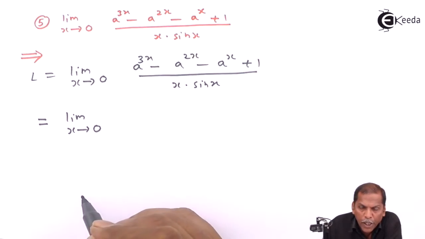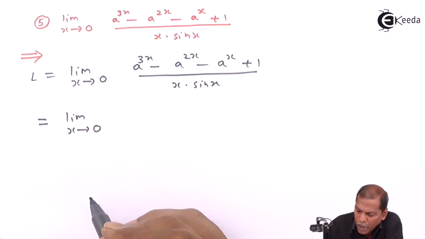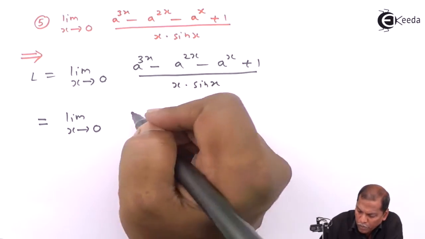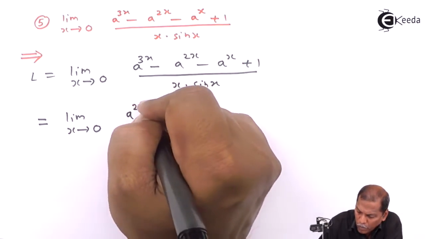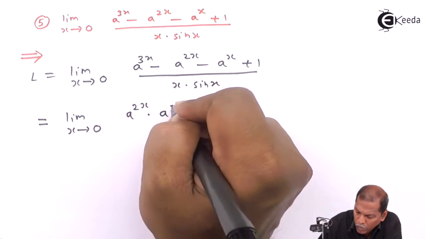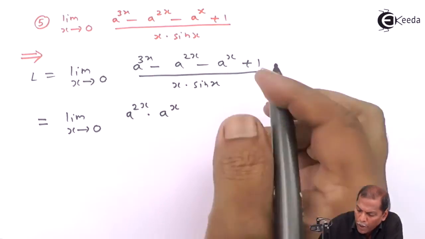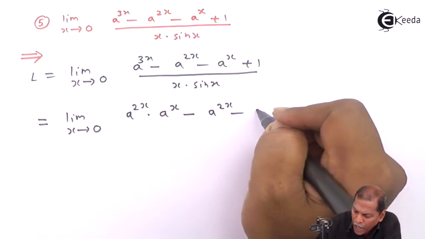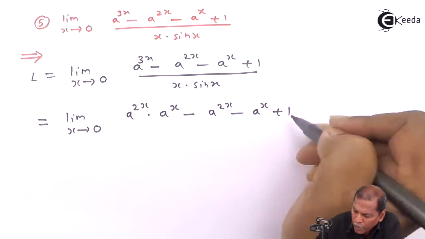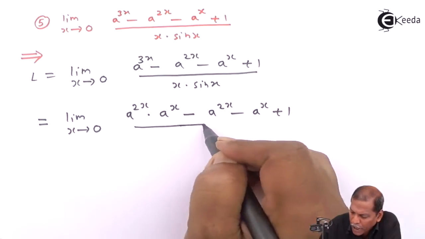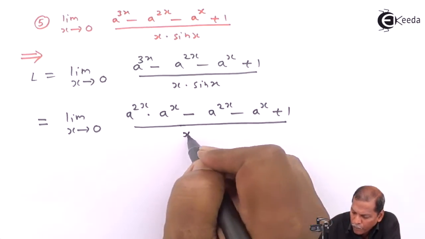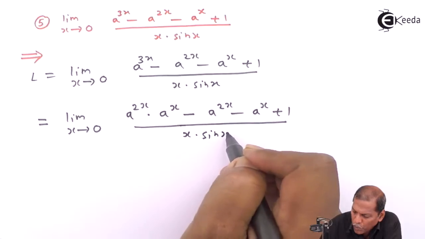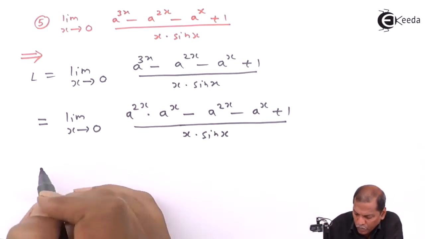Now a^3x can be split up as a^2x into a^x, and the remaining terms, minus a^2x minus a^x plus 1, we write as they are, upon x sin x,